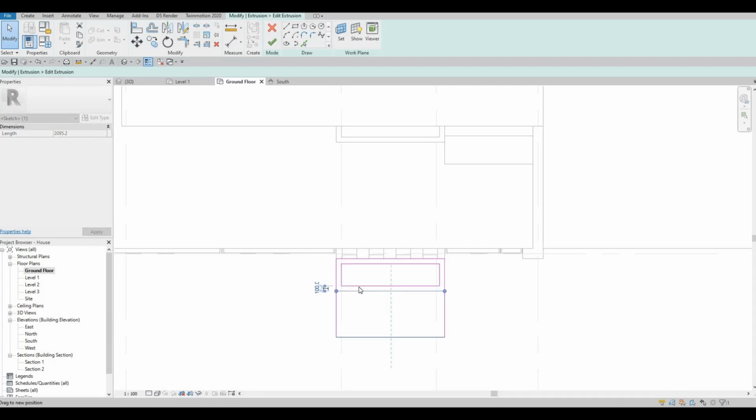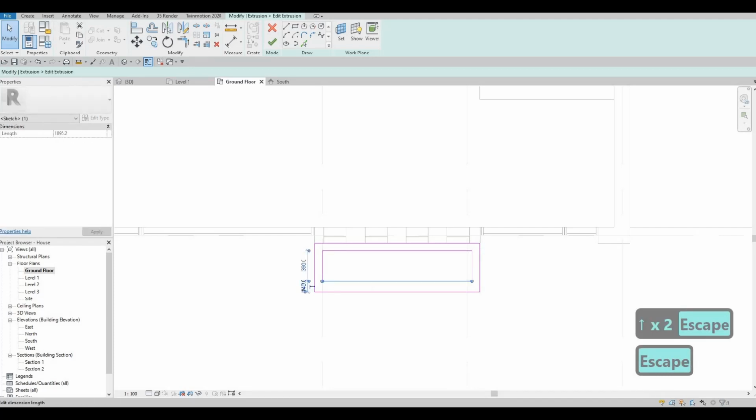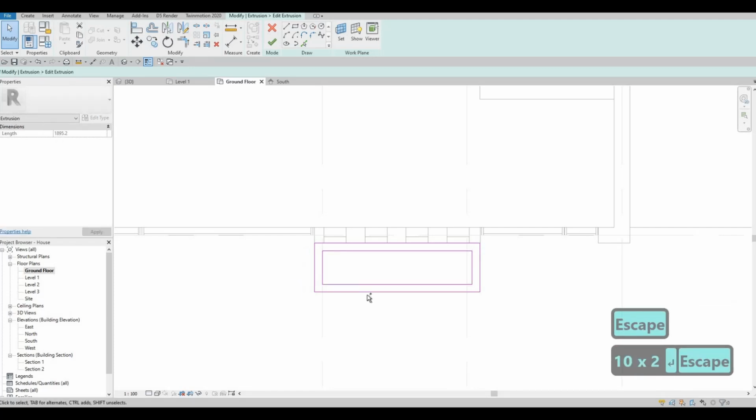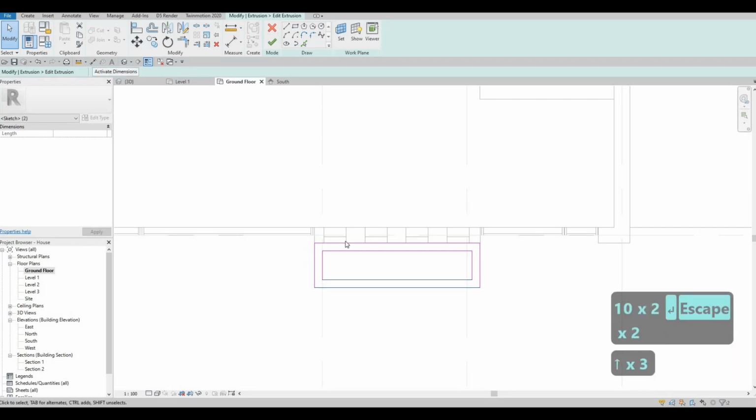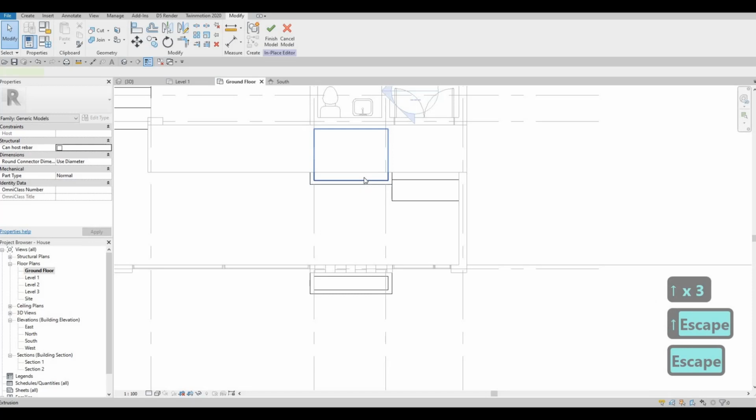And we want to make sure we have this other one as well. And then click finish,